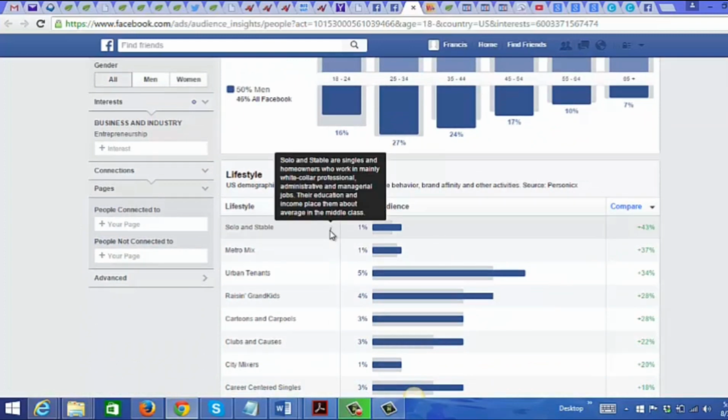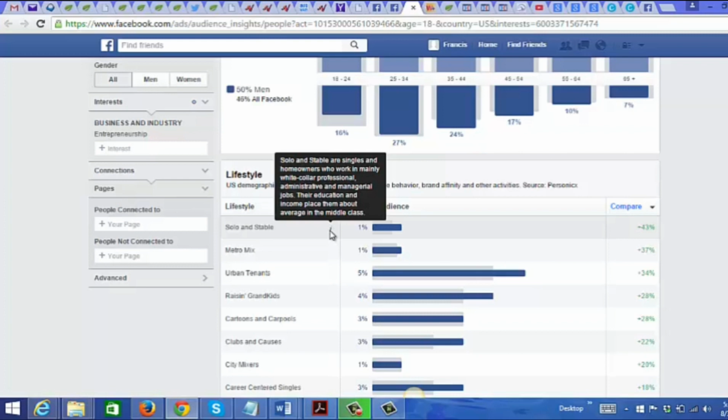You can also look at their lifestyle. If you put the mouse over the eye here, you can get more information. For example, it says Solo and Stable are singles and homeowners who work in mainly white-collar professional, administrative, and managerial jobs. Their education and income place them above average in the middle class.